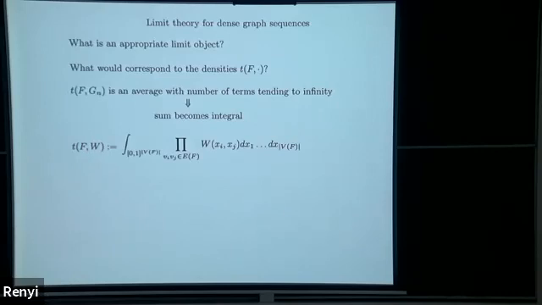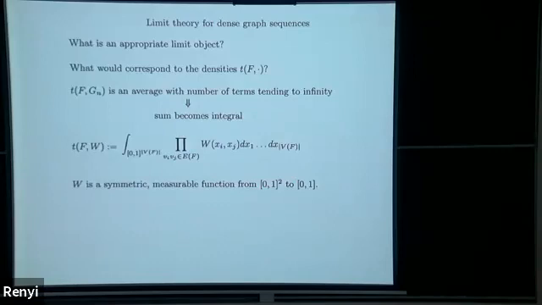And now let's figure out what this W should actually be as an object. So it's going to be a function, two variable one, as we said, with its values taken from [0,1] squared. So its domain being [0,1] squared, and it's going to map to the closed interval [0,1]. So it's not going to be 0,1 valued like the characteristic functions in the finite graph case. And we'll get back to why exactly that is happening here. And the other feature is that it should be symmetric in its two variables. Okay, whether we look at an edge with vertex 1 and vertex 2 or the other way around, that shouldn't play a role. So this W, which is a symmetric measurable function from [0,1] squared to [0,1],